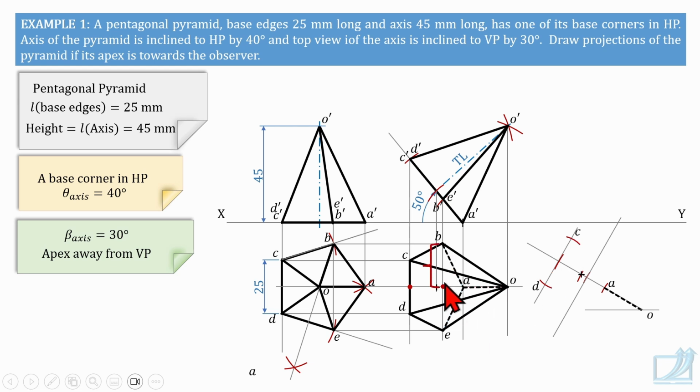Now take this distance in compass for B, and the same is the distance for point E. So take the distance in compass and transfer here. So here I have transferred points B and E. So check here, A, B, C, D, E is the pentagonal base, and then you will join point O